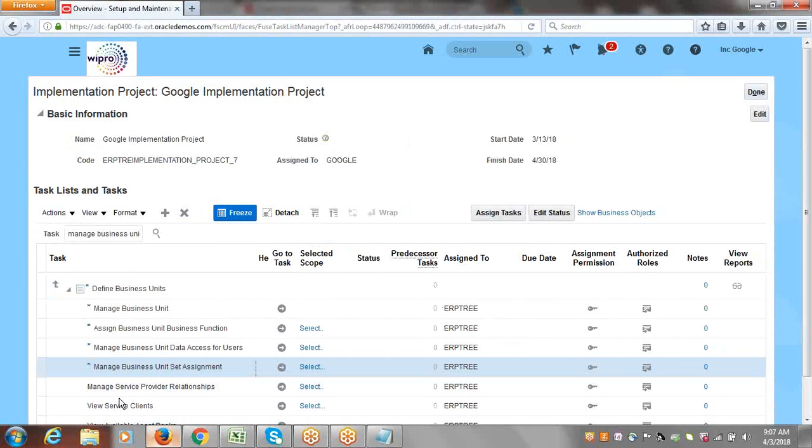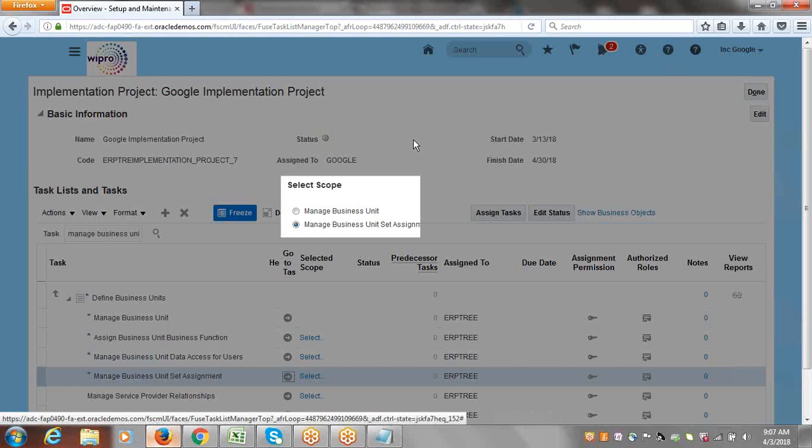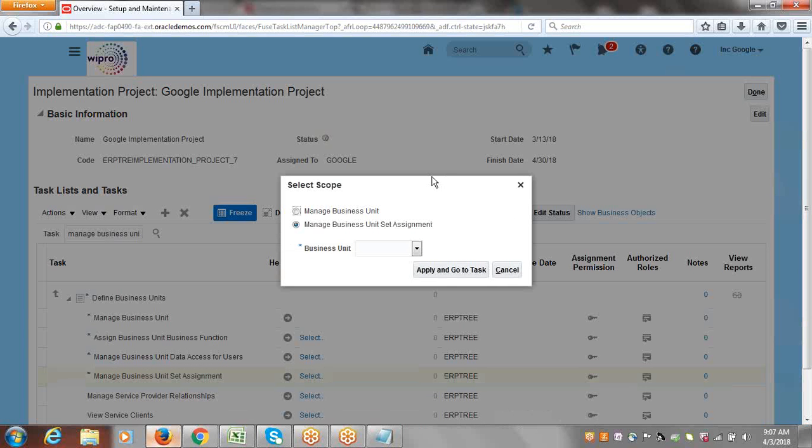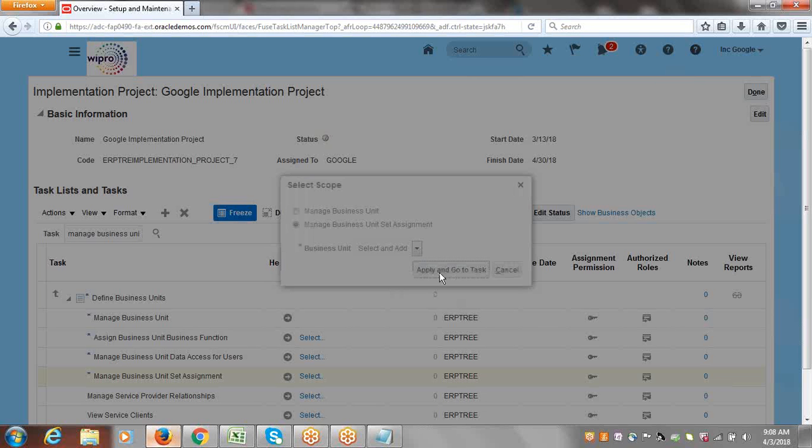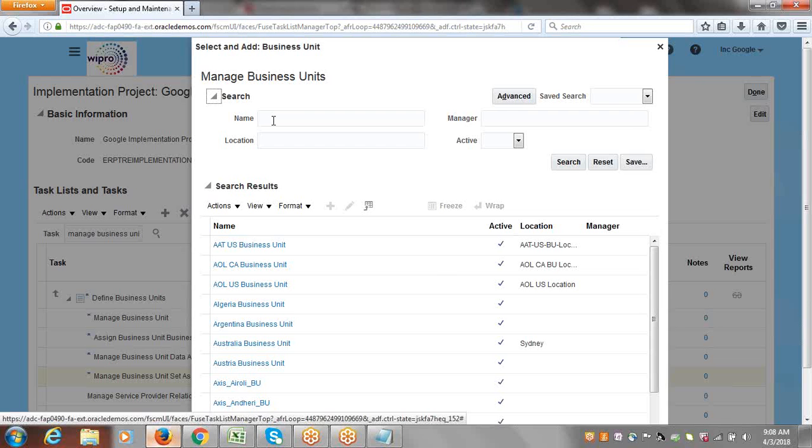For the task Manage Business Unit Set Assignment, just click on the Go to Task icon. Now we want to assign the reference data set to which business unit, that you have to select. Just go with this value selection and click on Apply and go. The BU name is Google. Click on search